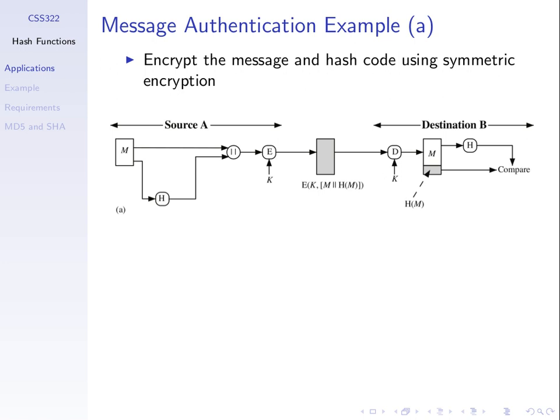If the malicious user modifies this, let's say they change it to T, A, G, W, F, and send that modified message on, and then the receiver B decrypts using key K equal to 1, they'll get some non-English word